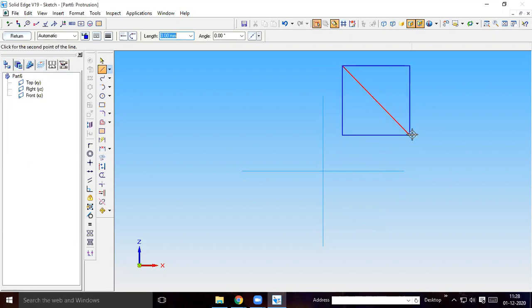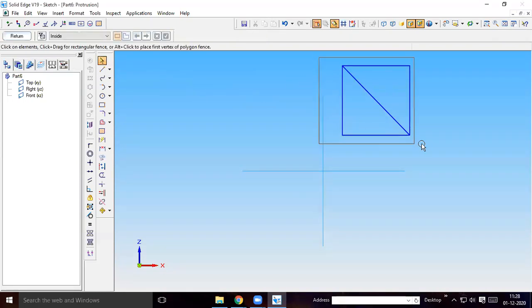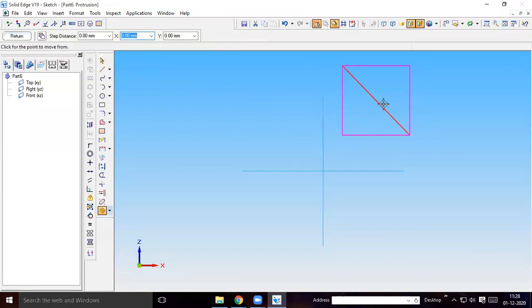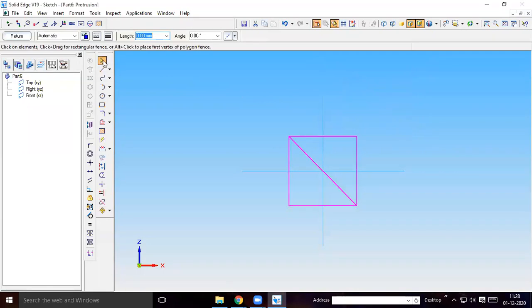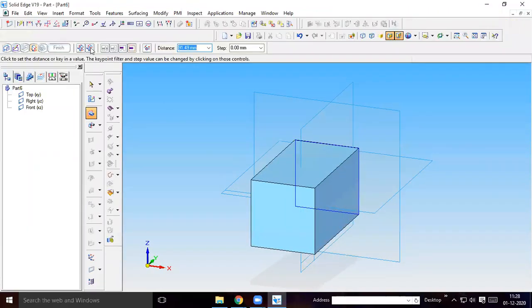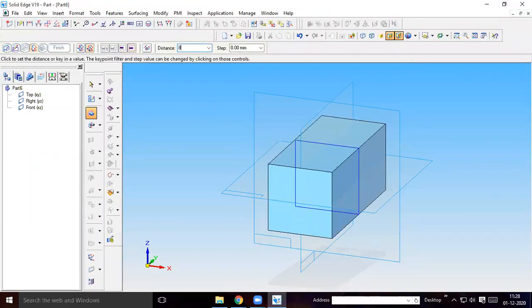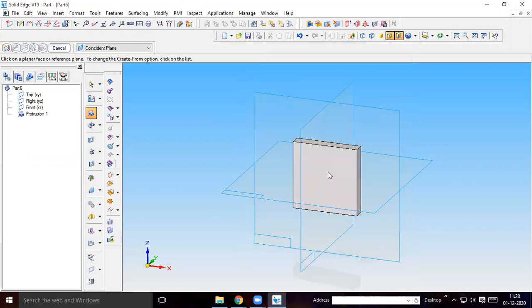Draw the diagonal line. In order to place this at the center, move from the midpoint of the diagonal and place it like this. Then delete this line. Then return. Use symmetric protrusion of 8 mm.